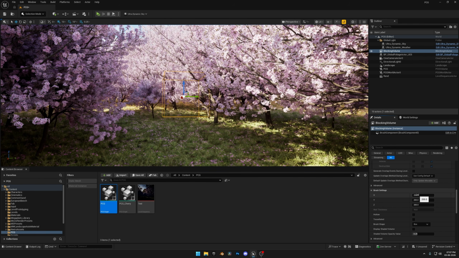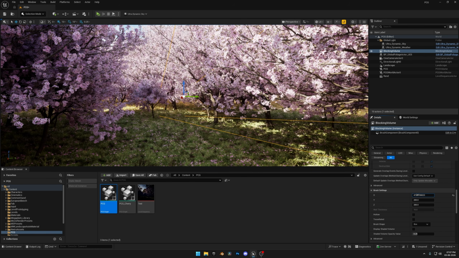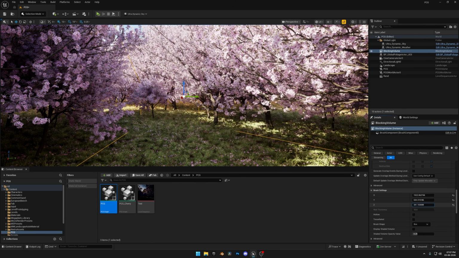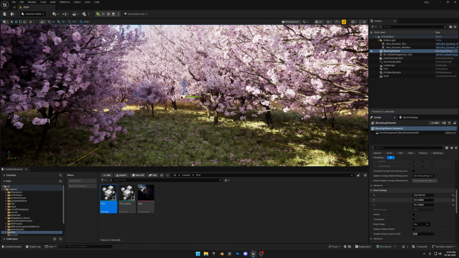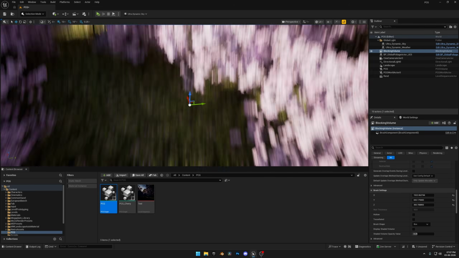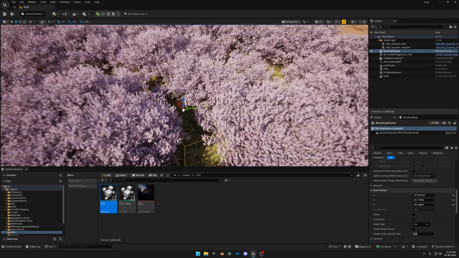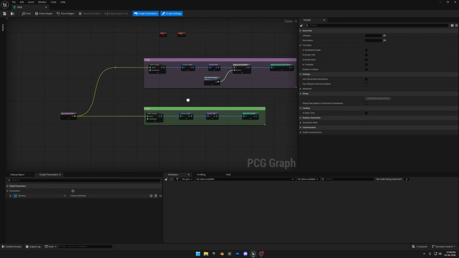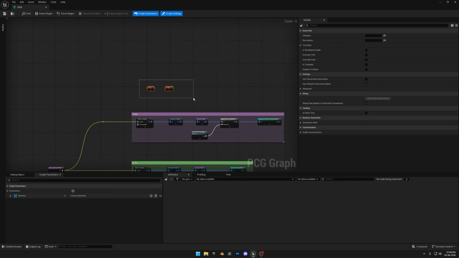And here let's resize it. You can resize it according to your forest, and let me just set some random values accordingly. Okay, so let's stay on this part. Right. So next, let's go to this PCG graph, and here we are going to build that